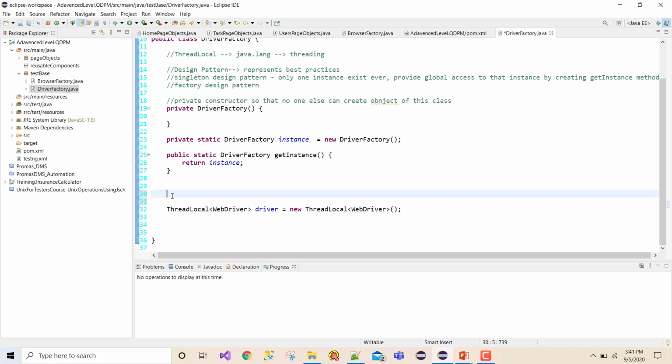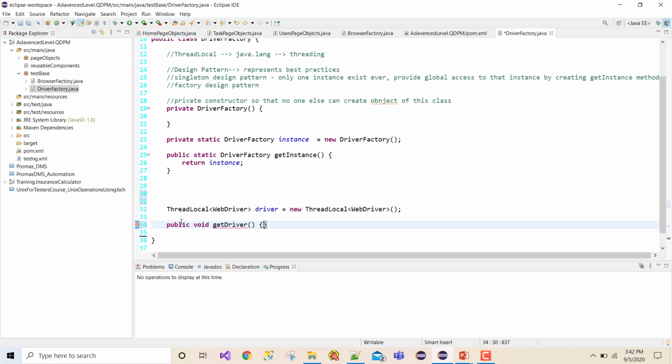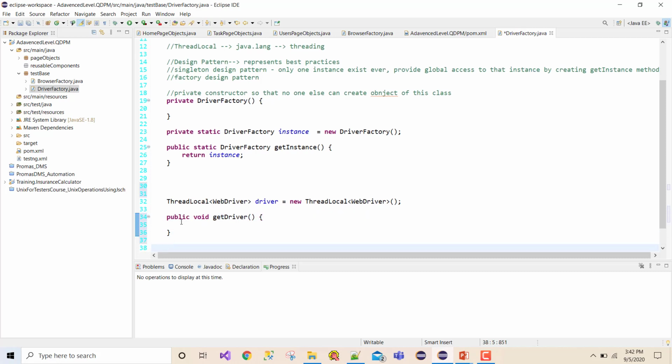Okay, now as I told earlier, we are going to create a couple of methods called get driver and set driver. So I'm going to create public void get driver, and the next method, public void set driver.